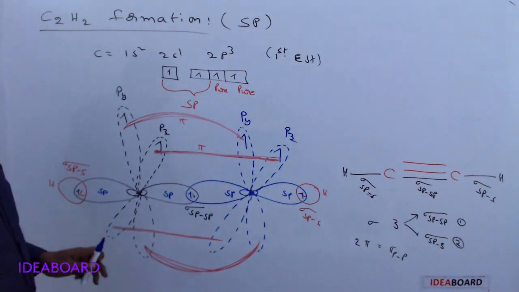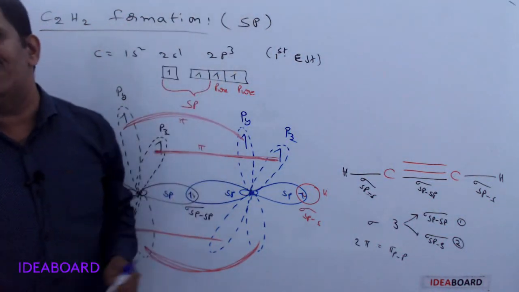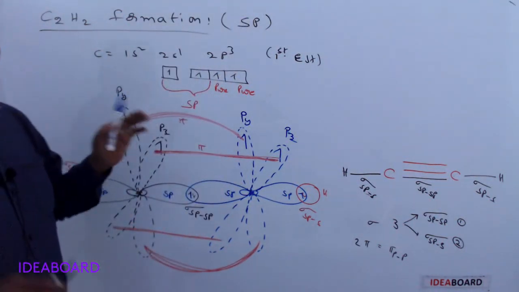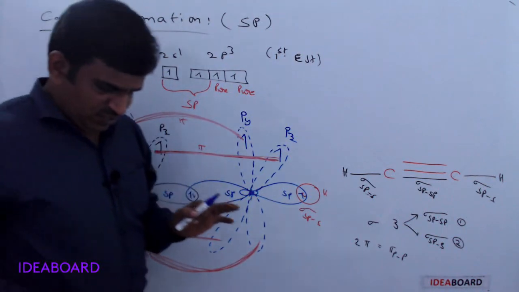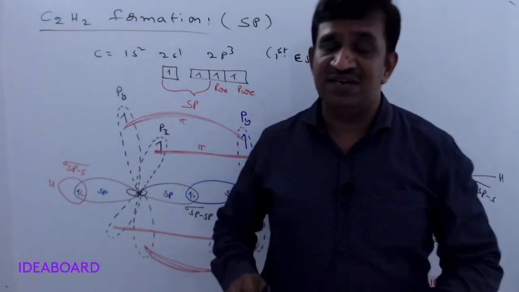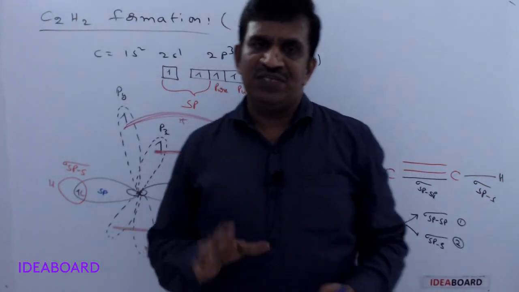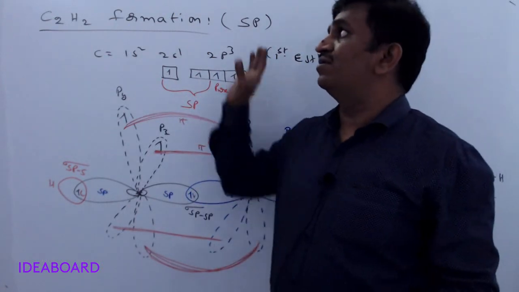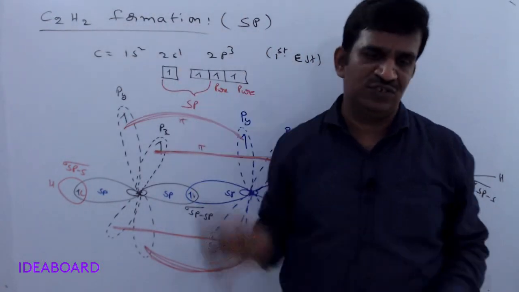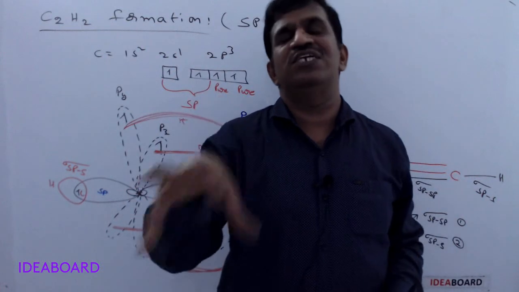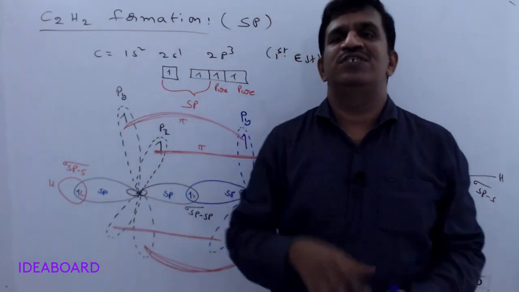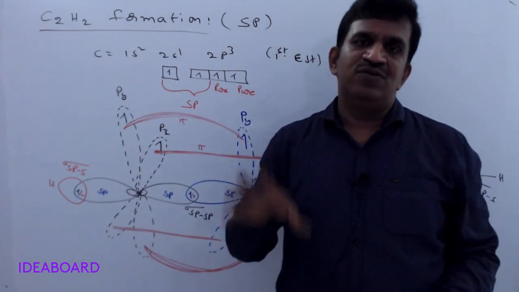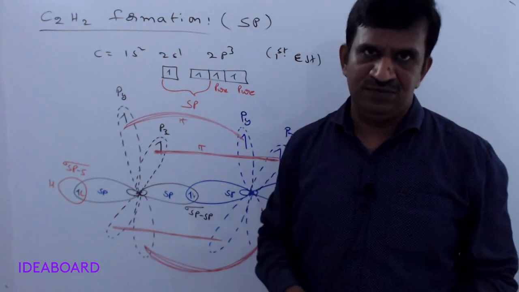So how we can say directly that sp hybridization is present in the C2H2 molecule, I will give that later. Please don't confuse about that, and don't get in a hurry or fear. I will give the clarity on how we can assign sp hybridization for C2H2, sp2 for C2H4, and sp3 for C2H6. I will explain clearly how to find the hybridization of a molecule.